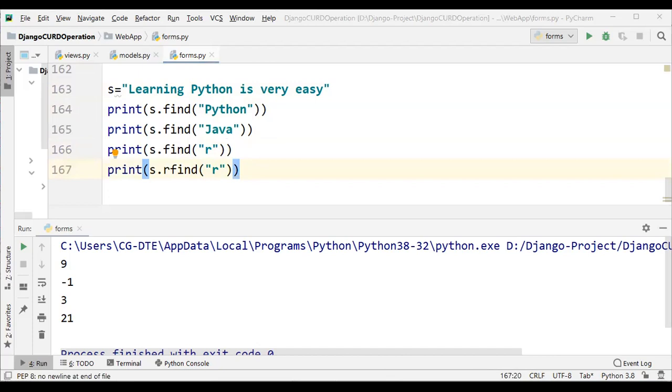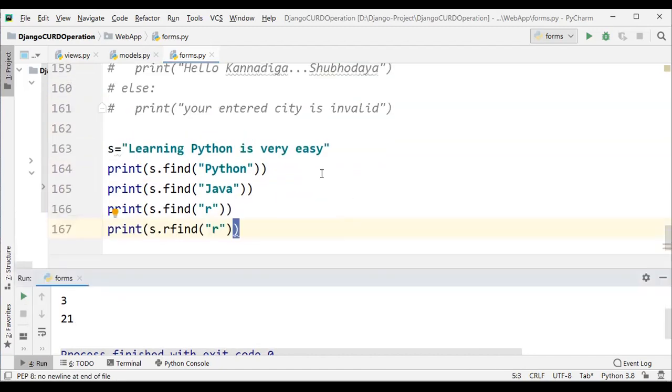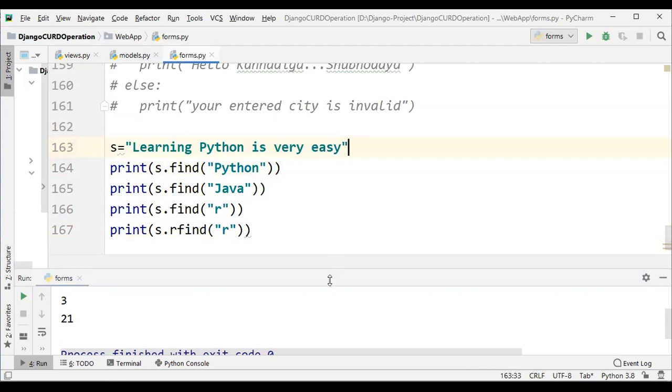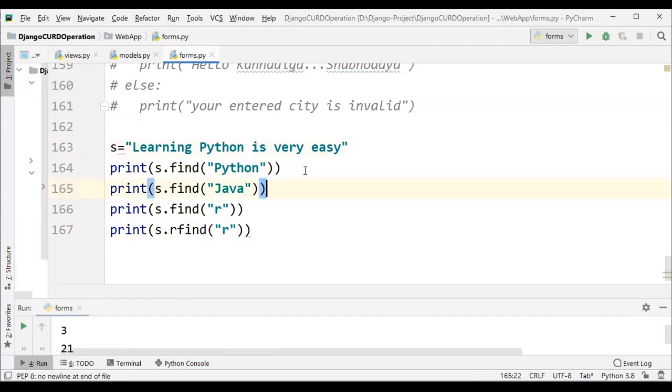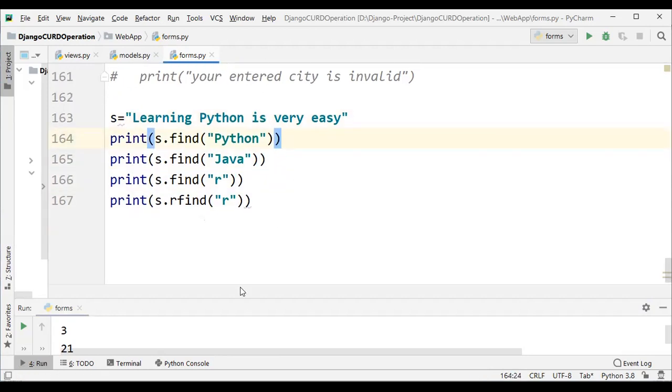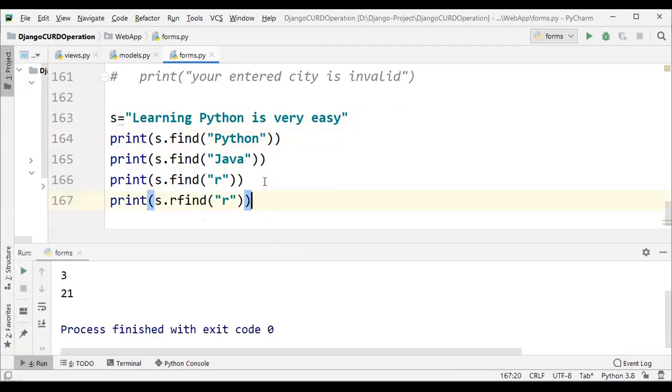Can you tell me? Why is it 21? Why is 21 coming? Anyone? Okay. Counts 0 to 21.